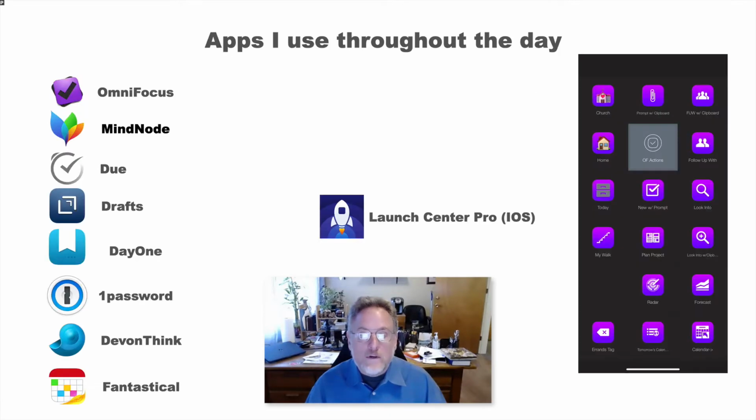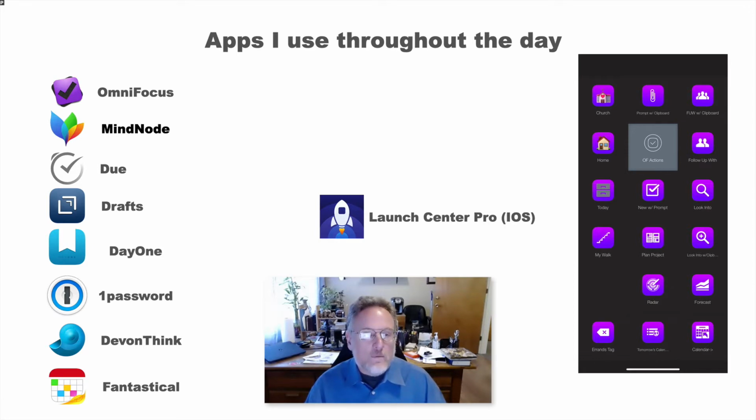I use these apps: OmniFocus, MindNode, Drafts, Day One, Pastor Everything, Fantastical, every day in my working and my productivity. All of them relate to OmniFocus. And on the iOS devices I use something called Launch Center Pro, because I can launch shortcuts directly into OmniFocus without going into OmniFocus and trying to find things.